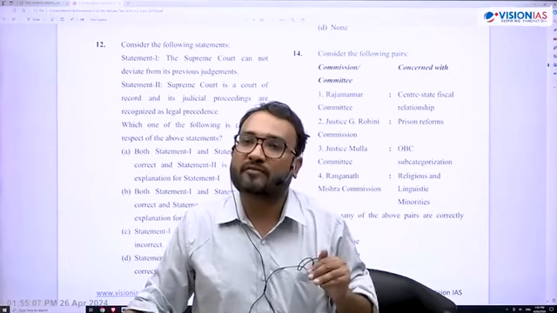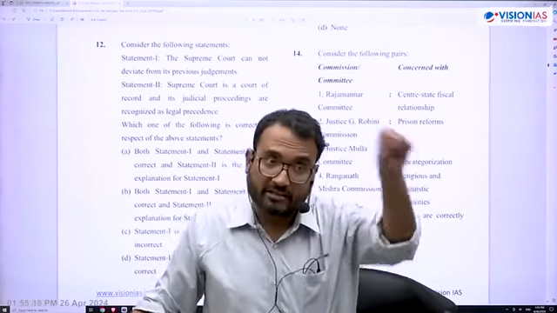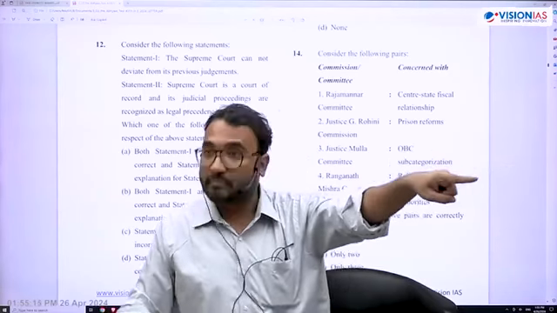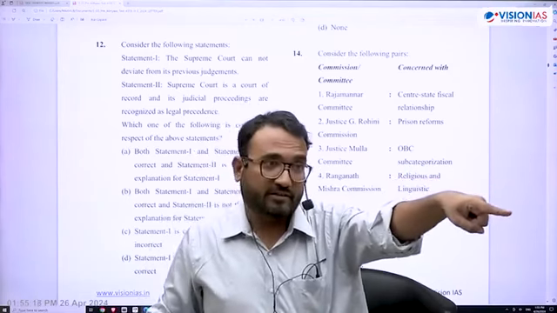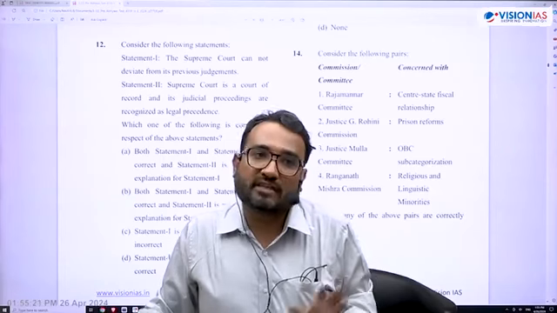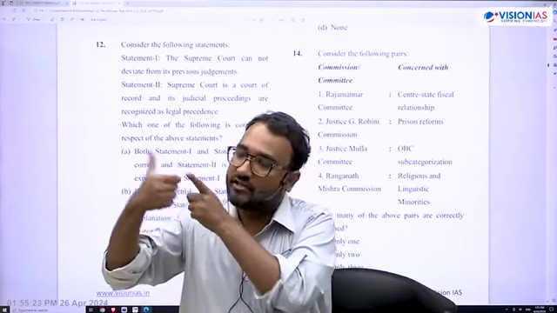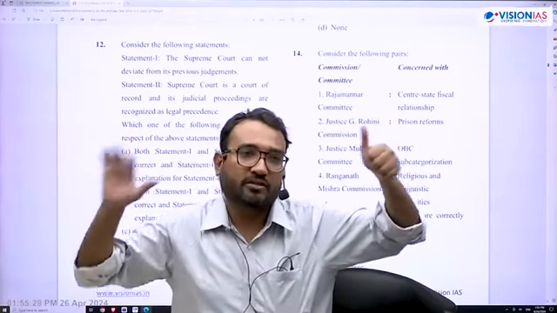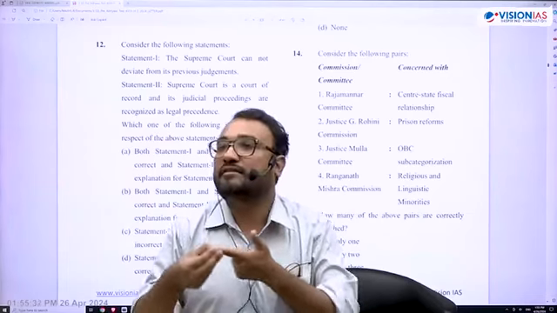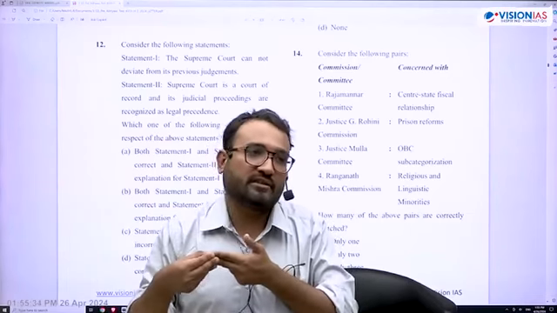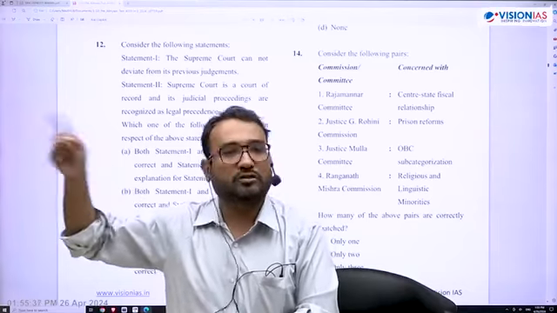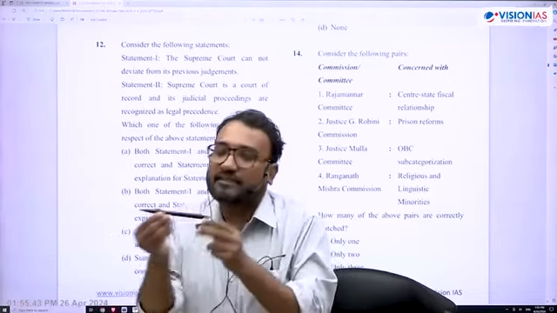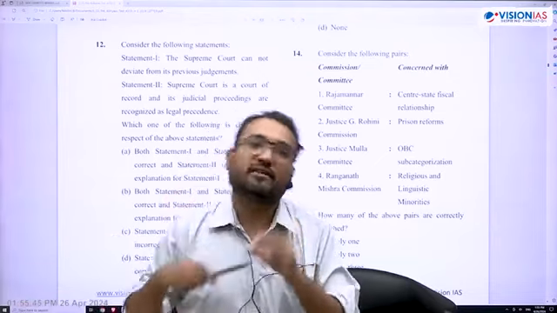So you will go to cooperative federalism, competitive federalism, both are mentioned on the Niti Aayog website. UPSC has drafted a question directly from the website of Niti Aayog. That is competitive federalism, cooperative federalism, which they have asked. So what are the various dimensions of center-state relation? I'm again saying legislative relation, executive relation, financial relation, national emergency, president rule, and financial emergency. That is 6. Then you have Article 262, that is interstate water dispute, and Article 263, that is interstate council. Then cabinet resolution, Niti Aayog. These are the major dimensions. One more aspect: what is the link that joins center and state? The link that joins center and state is the governor.